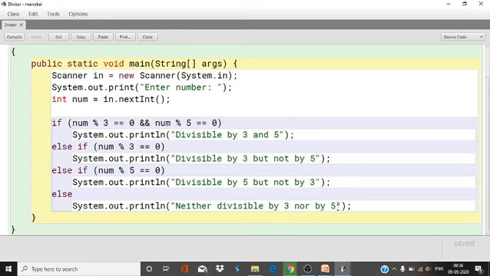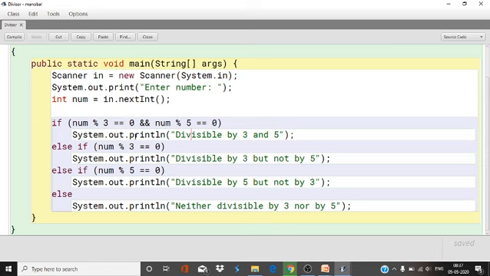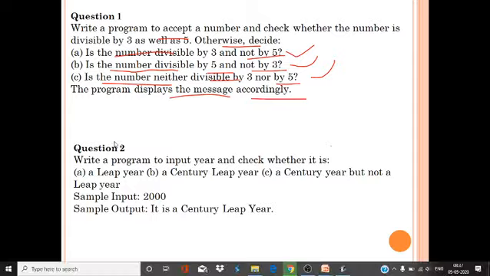These are the simple steps, a simple way; with the help of that you can write the program. First I have checked for both, meaning this should be true and this also should be true, and this is for 3 only and this is for 5 only. If it is divisible by both numbers, it will stop here and will not come to the else part. So now there is no syntax error. I am going to compile this program.